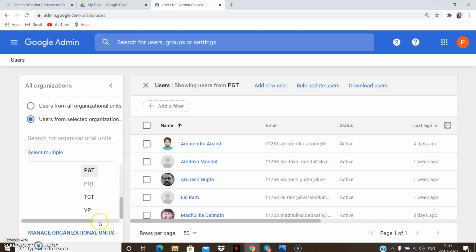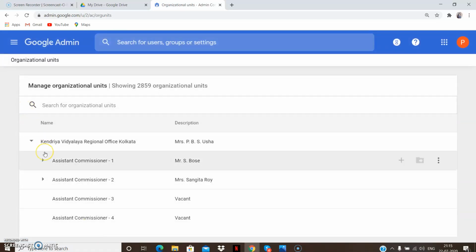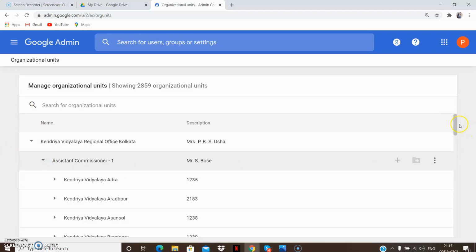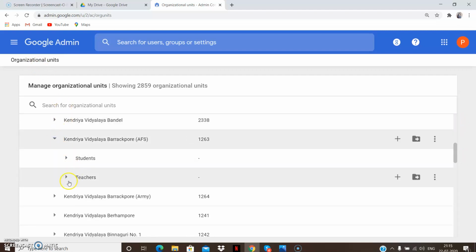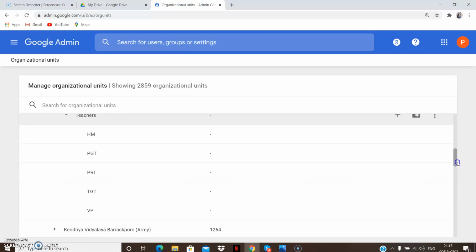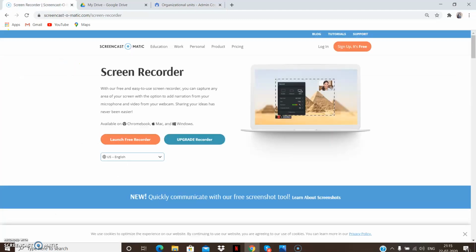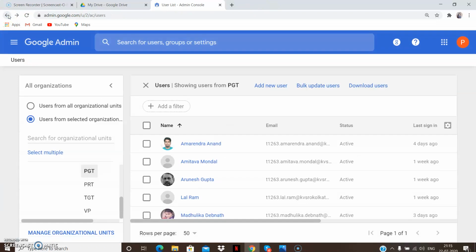Okay. If we click on manage organizational unit, we will get back to the same page of organizational unit that we just discussed. Okay. So right here, let me see one thing. We had deleted something. Contractual teachers, was it deleted or not? Teachers, and it is deleted. See, I said if you refresh the page or go back and get in again, the effects will be shown. Okay. So next, this section is explored.